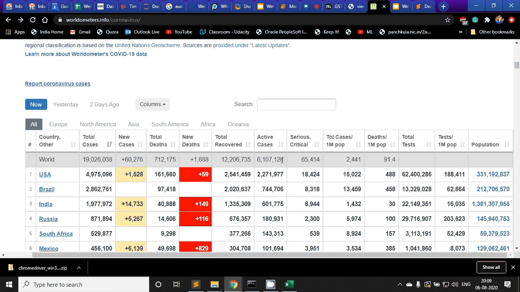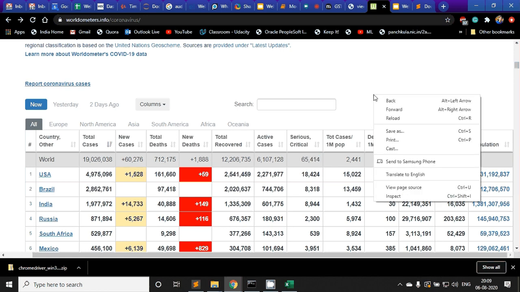Ultimately, I have already seen that this website has these numbers available in the page source, right? Here we can see that there are two options: view page source and inspect. We already discussed that the page source is equal to the DOM in the case of a static website, and the DOM changes as per user interaction. Since this is a static site, the DOM would not change. So page source and DOM will still be the same.